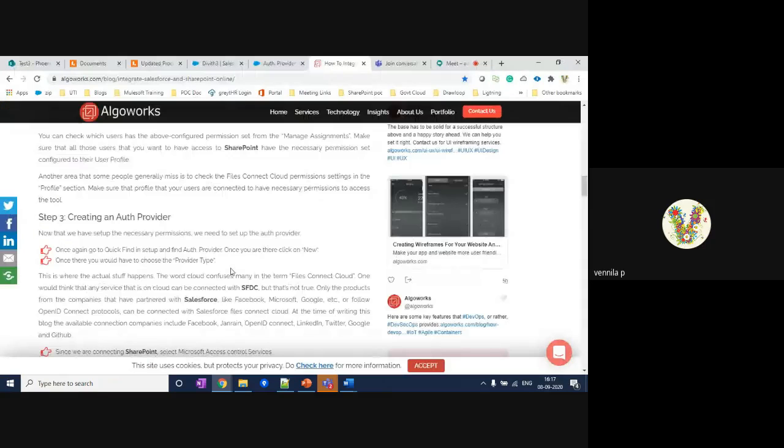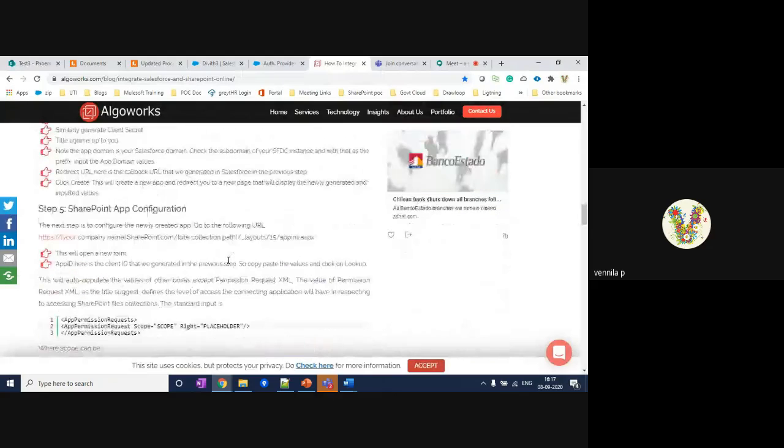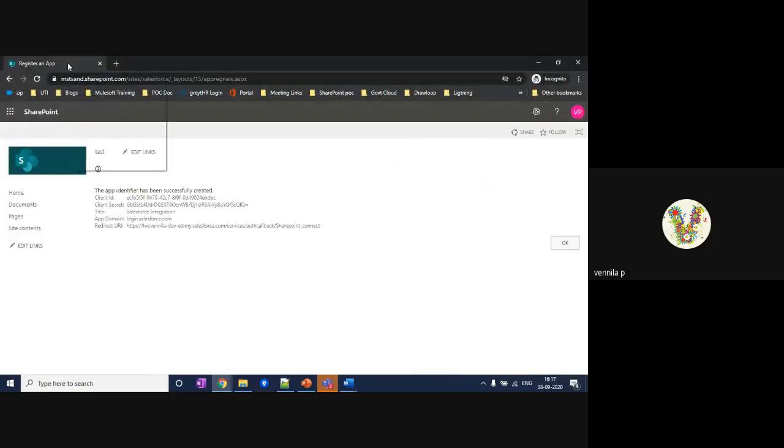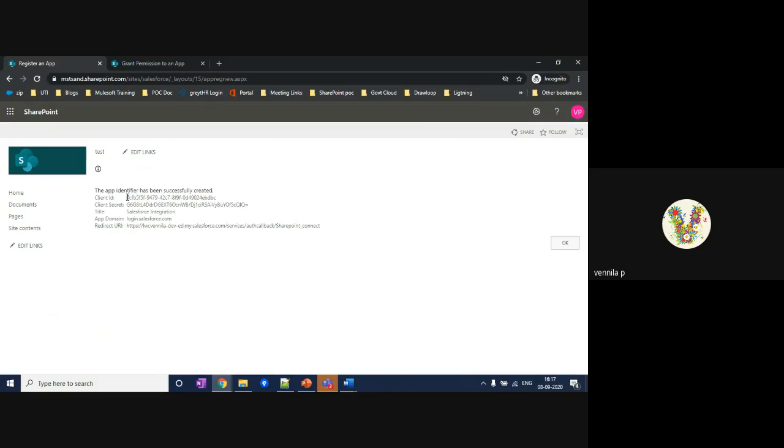For that, what we need to do in the second step, you have to go to another page. Here I'm going to use my app ID, that is the client ID.